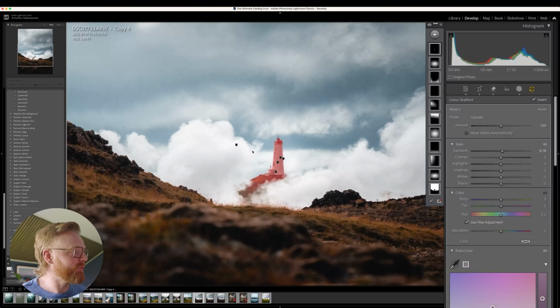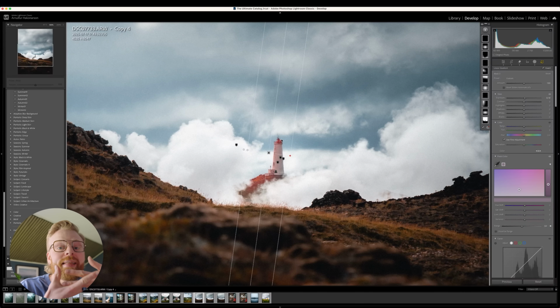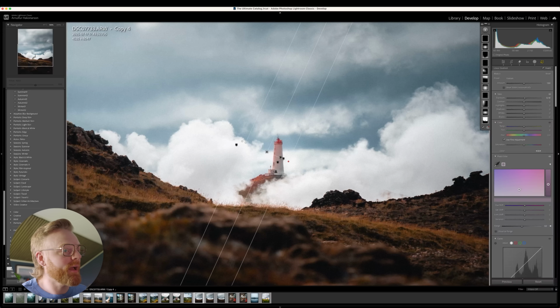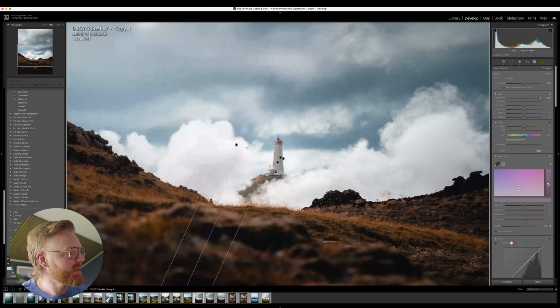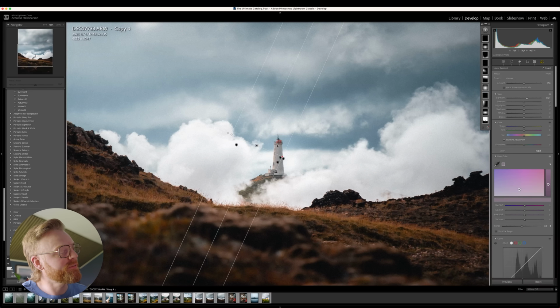Now, my friend, if I drag here, we are intersecting a linear gradient filter with the subject mask that we had. And basically what that means is that where these two masks collide, that's where the effect will take place. So here, the light is coming from up here in the corner. So if we were to just put it just like so, look, and if I just show you, if we take up the exposure, this is the effect. All right, so you can see here, we can make the light come in a very natural way, and we can have it gradually coming down just like so. And now we can just take the exposure a tiny bit like this, and it feels like the light is just beaming a little bit down on the